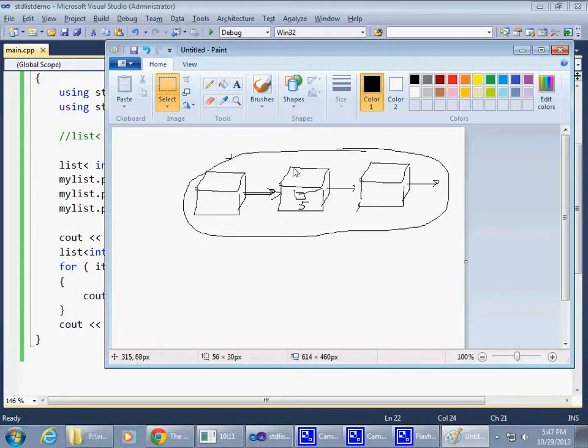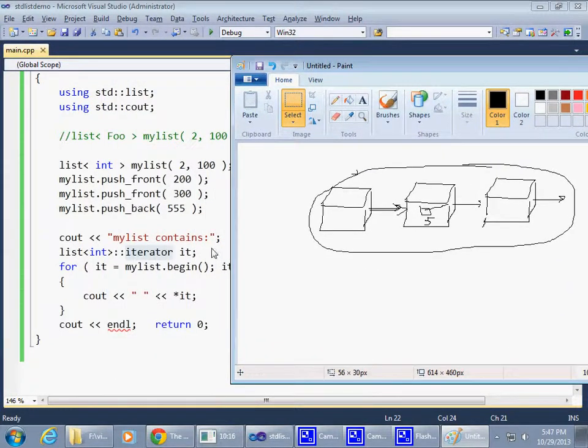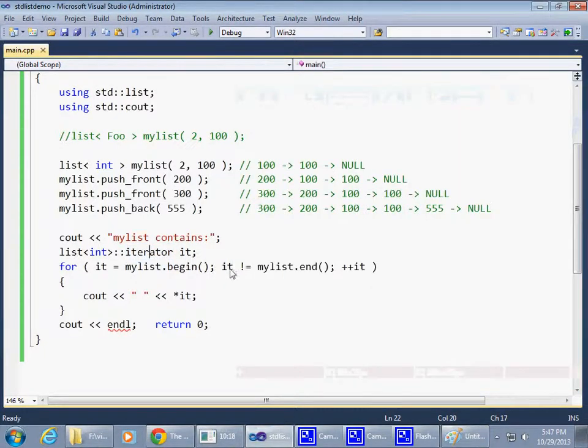So the list here also provides a helper object named iterator. Today we're covering this informally just to get a taste of it, but there will be a time when we cover it more formally when we talk about the standard library. Let me